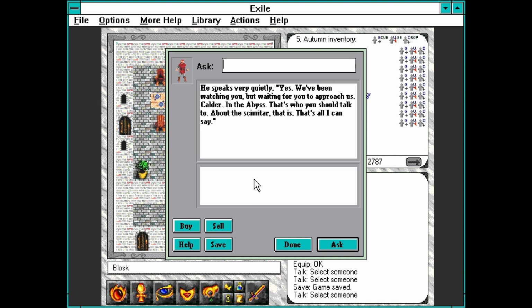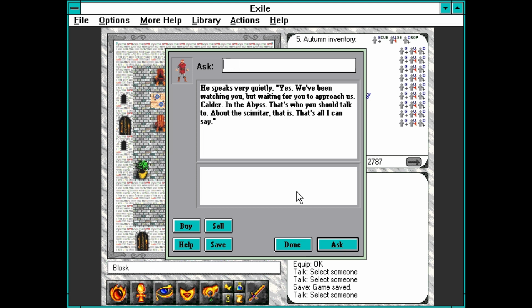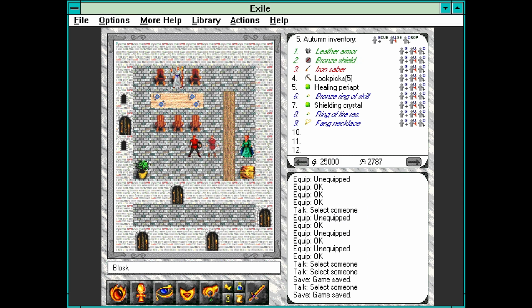Cowdle in the Abyss, that's who you should talk to about the scimitar. That's all I can say. Okay, so Royce gave us some pretty good information. Let's actually save that in case we forget, but this actually brings us into the next thing